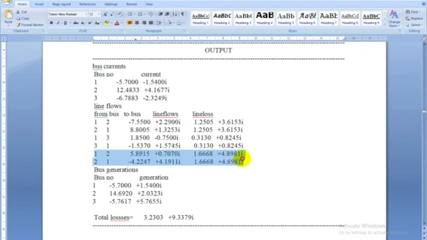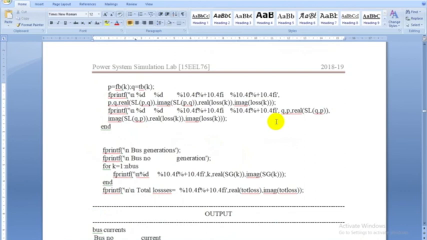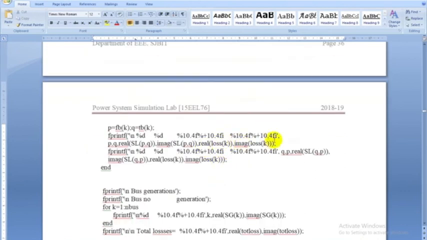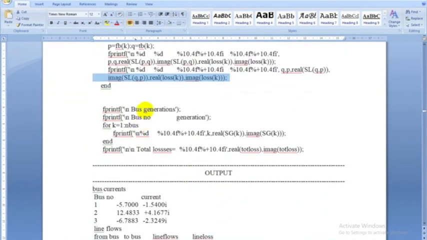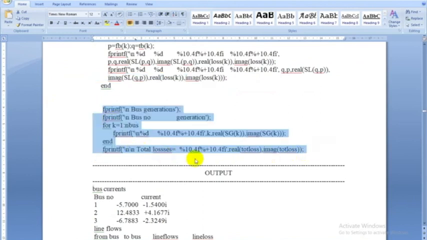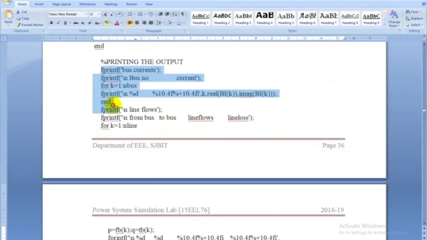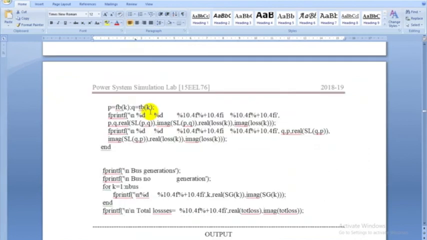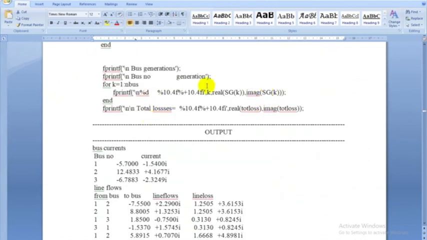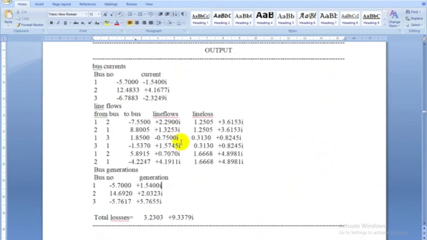So you have to print, totally 2 complex numbers. Each complex number has a real part and imaginary part. This is from bus to bus, and this coding is written for bus to from bus, reverse. And then bus injection. This code is the same as this code, only the variable is different, here SG, that's all. So bus injection.